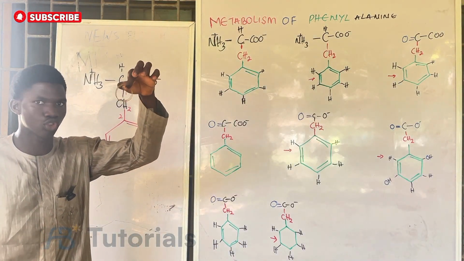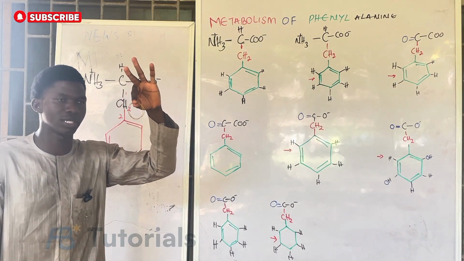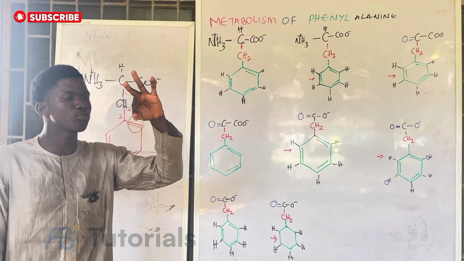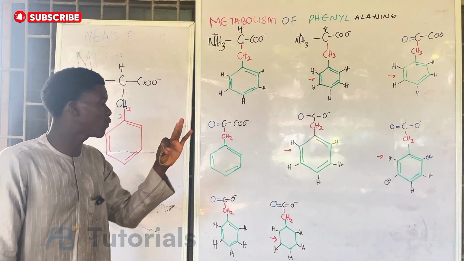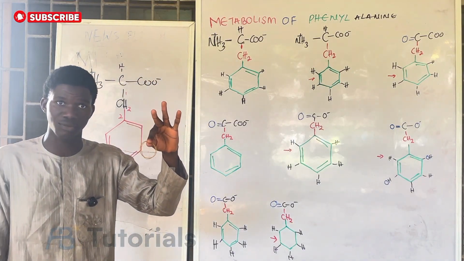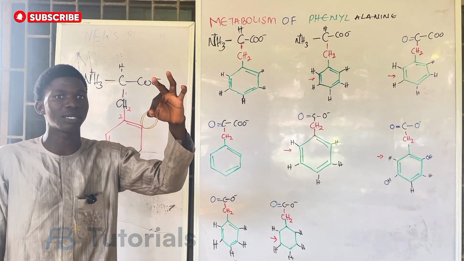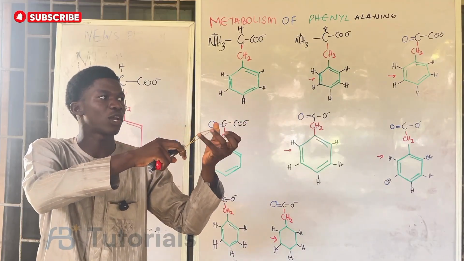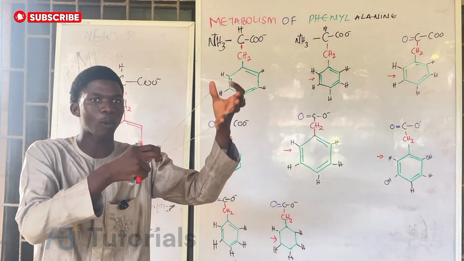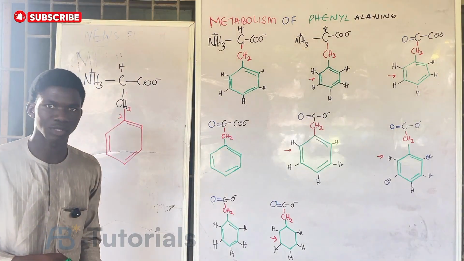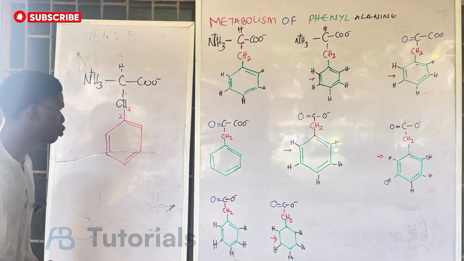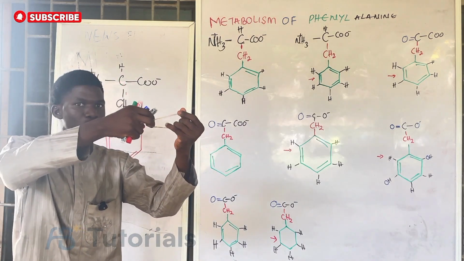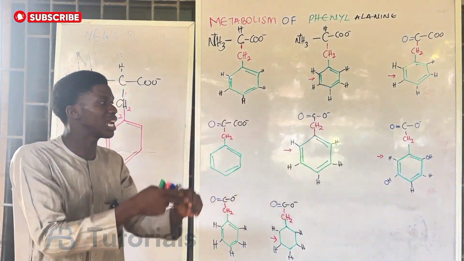Look at this rubber band. Let's assume this rubber band is the ring. It is a very stable structure. So before you can break this, you need to make it reactive. For me to make this rubber band reactive, I need to apply some force on it. You can see the way I'm applying force on the rubber band. I need to disturb the rubber band. You notice I applied a particular force here, I applied another force here. That is to tell you that